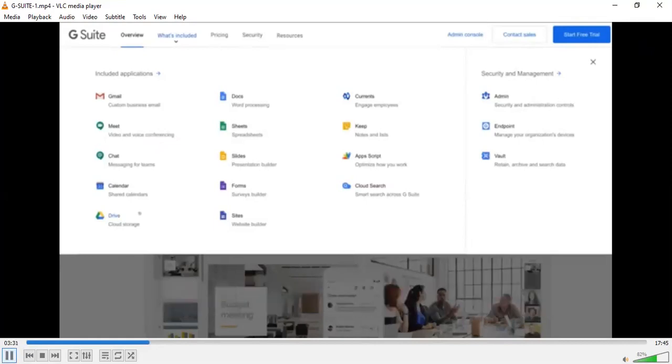Now, Google Drive is a great place to store business information, from documents, sheets, reports, images, videos, whatever you can think of, you can upload to your Google Drive. Like I said, you have 30 gigabytes. If you create additional Gmail accounts for your team within G Suite, then they'll have an additional 30 gigabytes of storage. This is a great place to enhance productivity with your team and also to send documents and sheets that your team or your clients can collaborate on together.